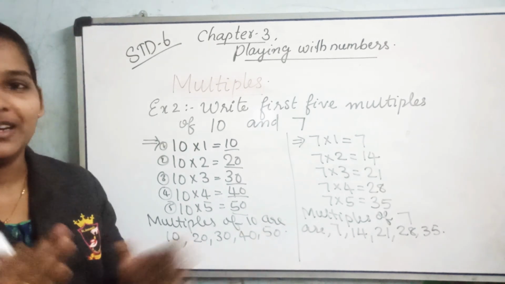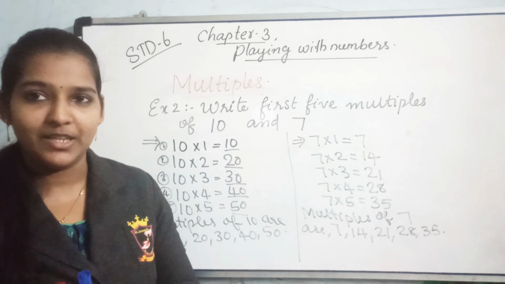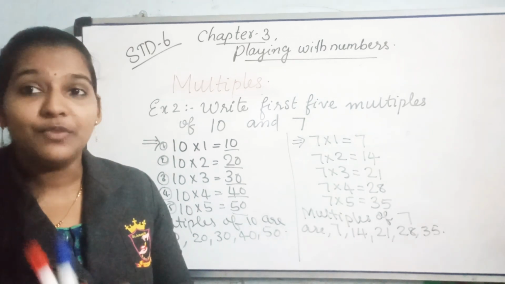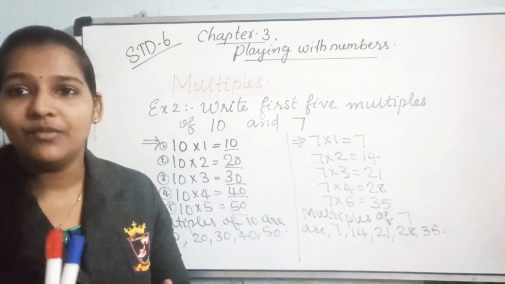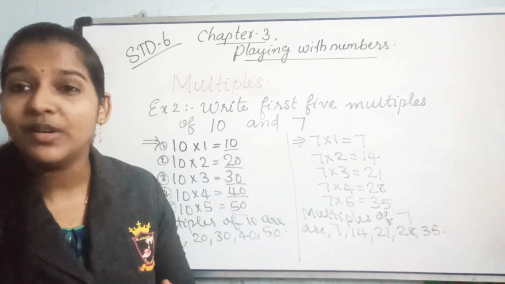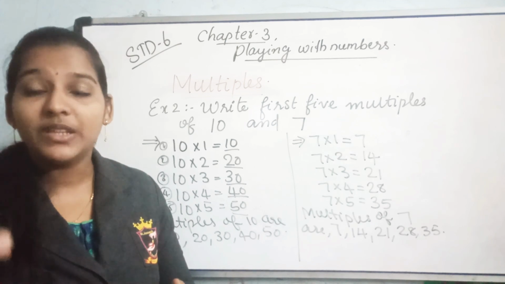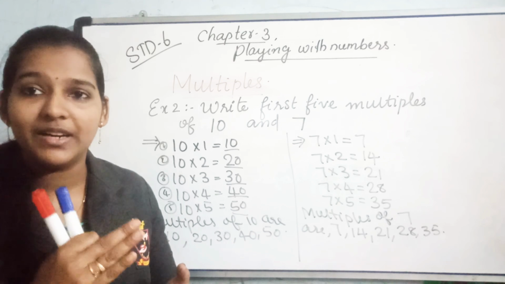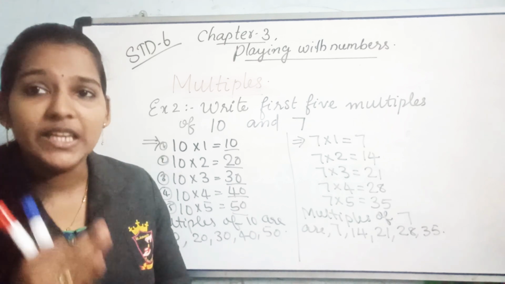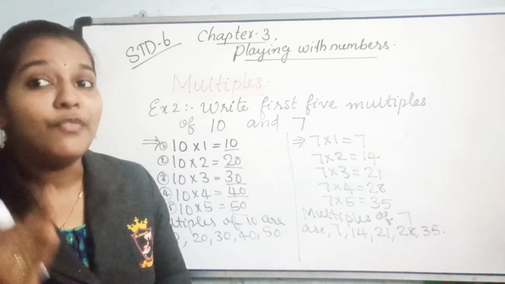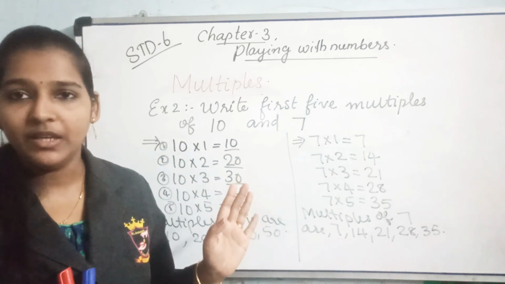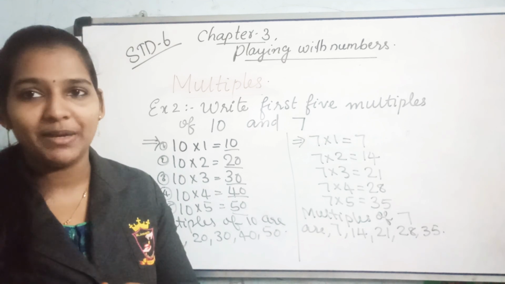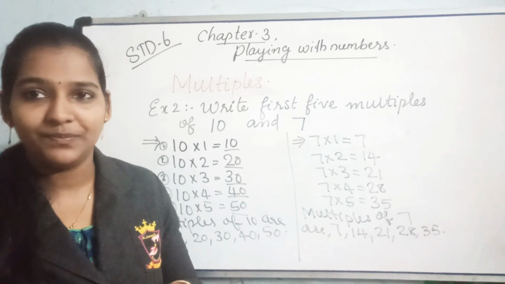Yes. So we learned today about factors and multiples. Tell me, children, what are factors? Yes, factors are the numbers which divide a given number exactly, without leaving any remainder. The number which divides the given number without leaving any remainder is called a factor of that number. For finding that, you can check in which table that given number is coming. That is the easy way to answer, right?